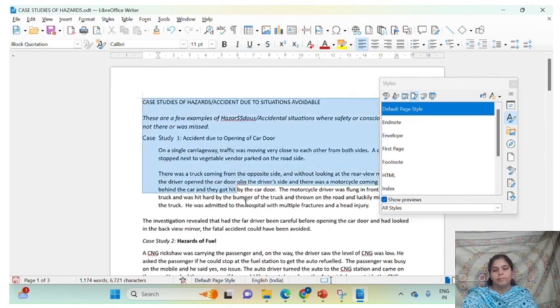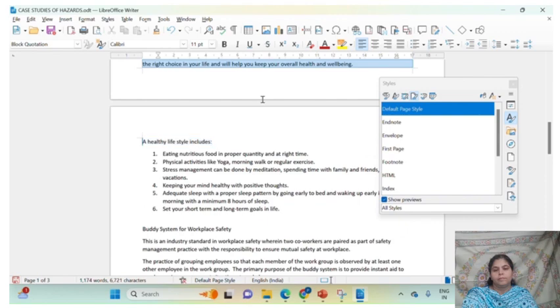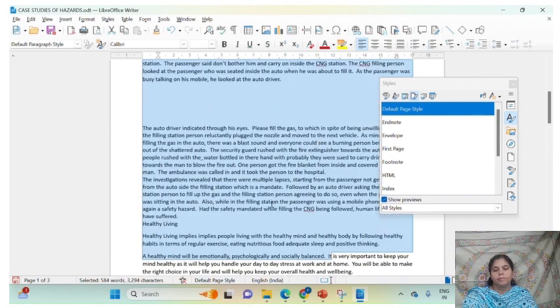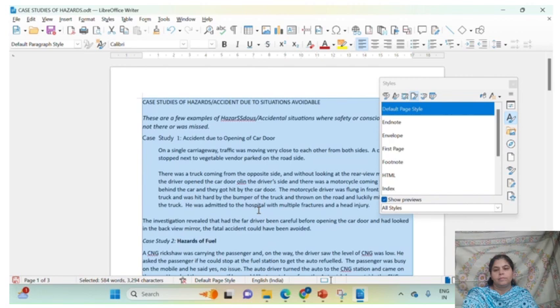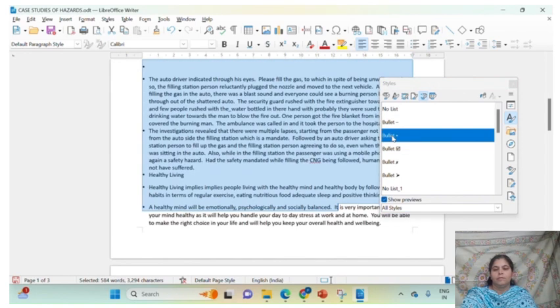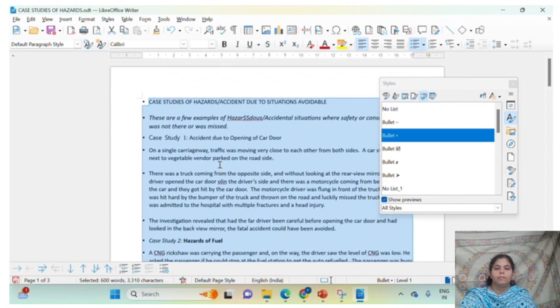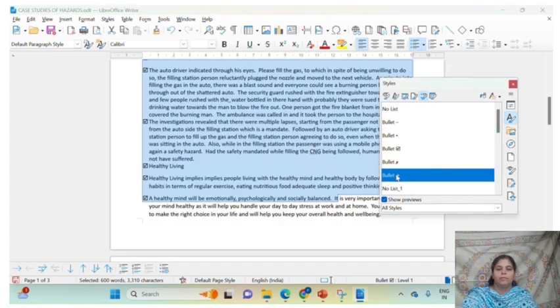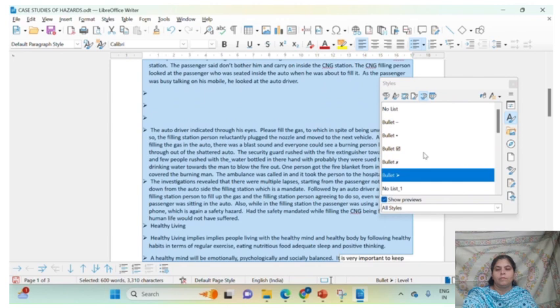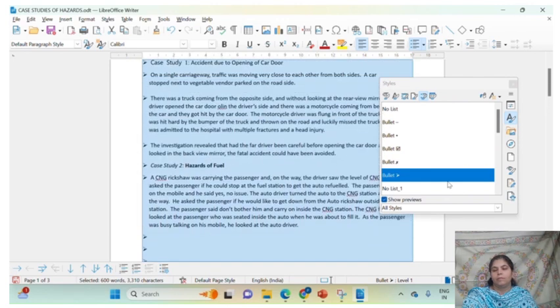For example, I am selecting this entire text and shall be placing it in the form of bullets and numbering. Bullets, we say, is an unordered listing, and numbering, we say, is an ordered listing. For unordered, we'll be moving to list styles, and whichever bullet we double click, that bullet will be inserted at the beginning of each and every sentence in the selected paragraph. Suppose I have taken this bullet, or maybe this one. Accordingly, whatever bullet I select will be implemented in the list styles.